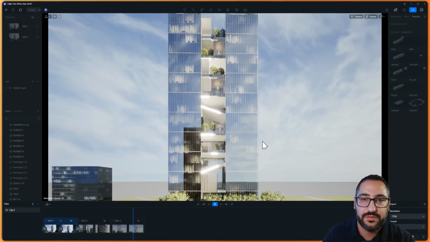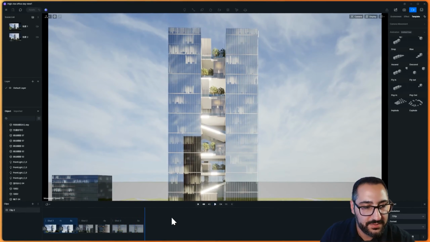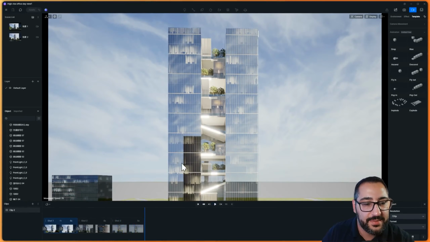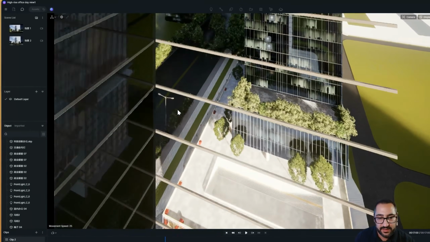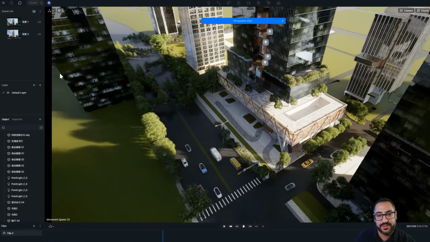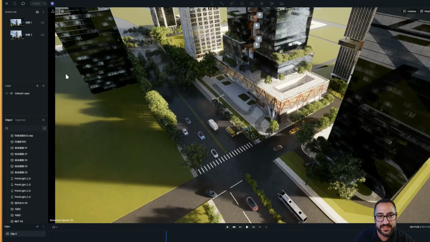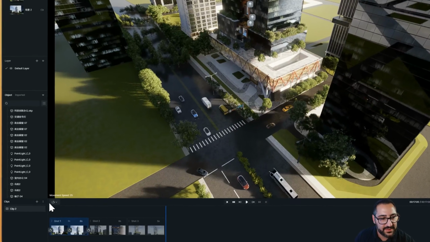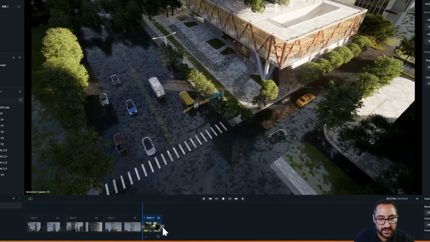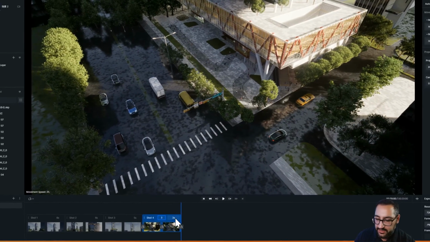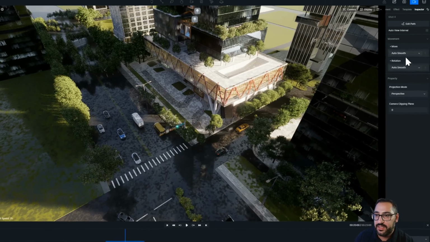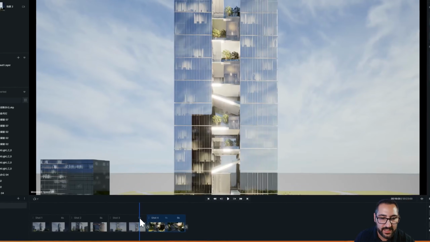Okay. So pay attention to those weird moments. So talking about weird moments, let's talk about moving traffic and people, right? The dynamic aspects of this. So let me go down here and I'm going to hit P. And let's just say we're doing some sort of aerial zoom in. Maybe this is actually your establishing shot. So watch this. If I go to current view, and I zoom in a bit, and then I do that, right? Because I want to create that shot. Let's do 6 seconds. And again, make it linear. And now when I play this,